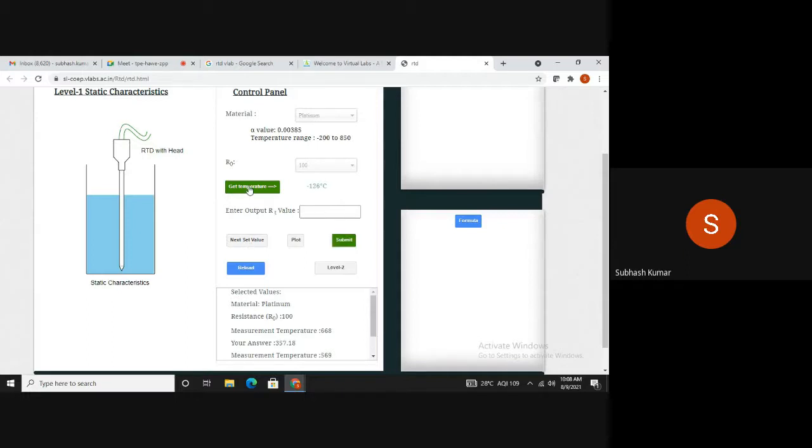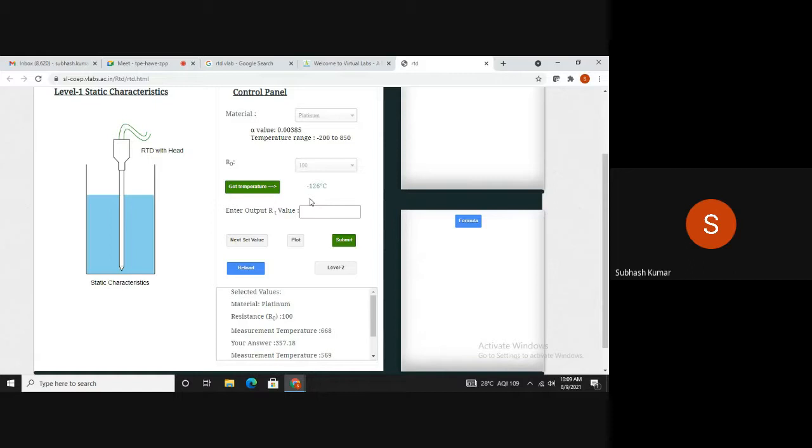Next, we will go for the temperature of -126 degrees Celsius, because the temperature range is -200 to 850 degrees Celsius. Here we get 126 into 0.00385, which is 0.485, but the value is in minus, so we consider minus, 1 minus 0.485, into 100.